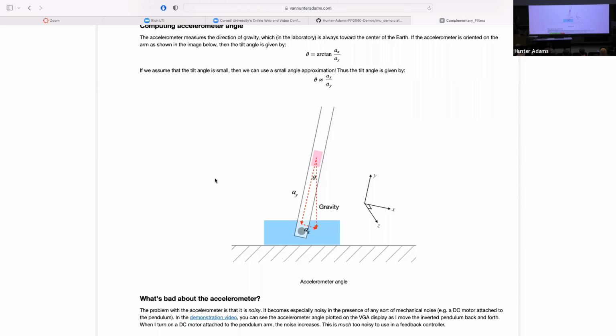What we're doing in this lab and in the demo code is cheating a little bit because we're recognizing that that arctan function is expensive. And so we're going to make a simplifying assumption that we only care to control this motor over a small range of angles. So we'll apply a small angle approximation here, right? We're just going to approximate arctangent by the first term of its Taylor expansion. So we'll say that this angle is exactly equal to the arctangent of ax over ay, but that's pretty darn close to just ax over ay.